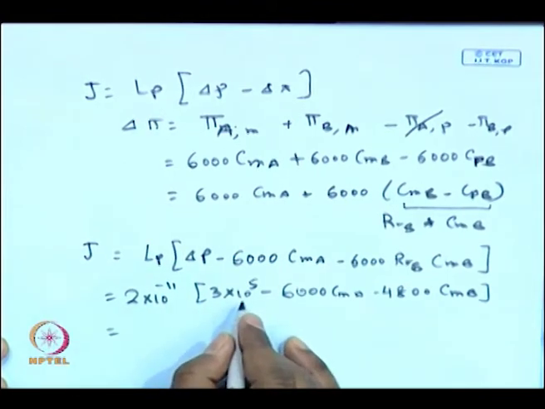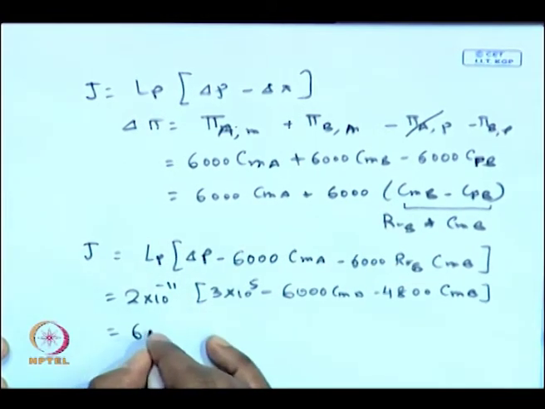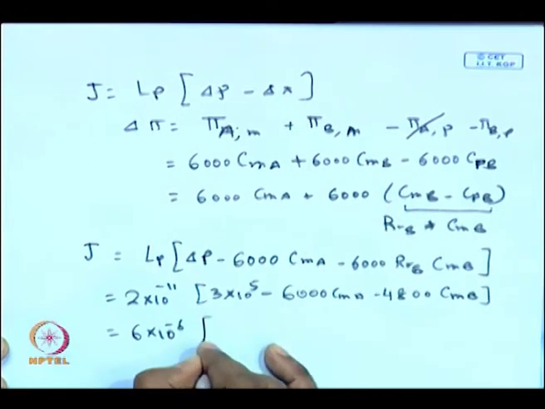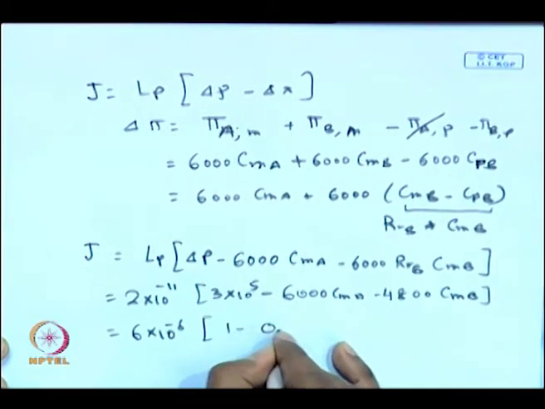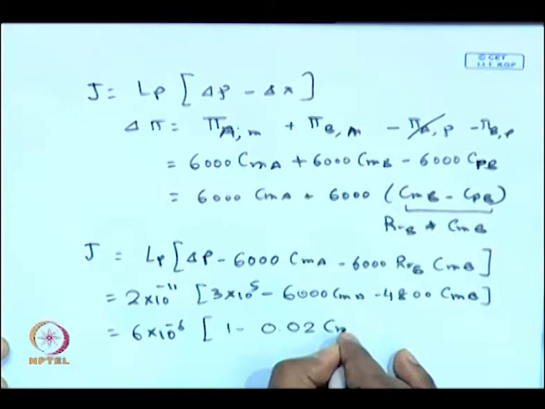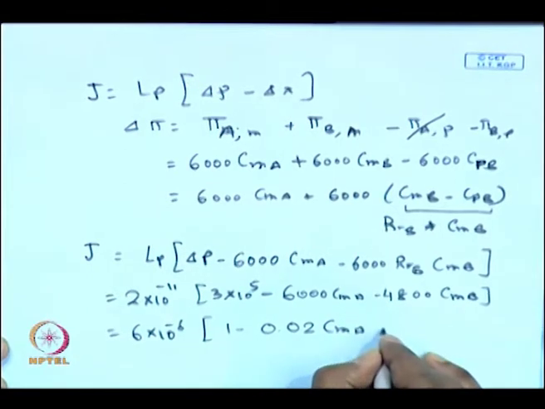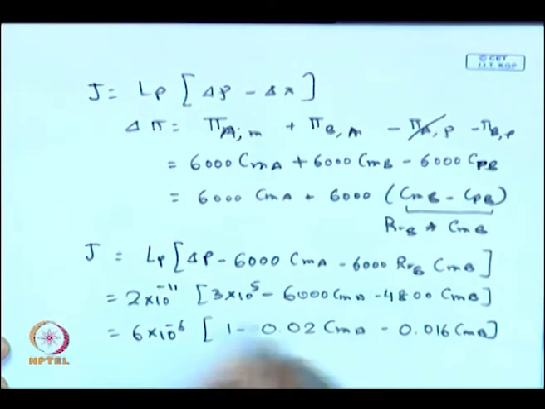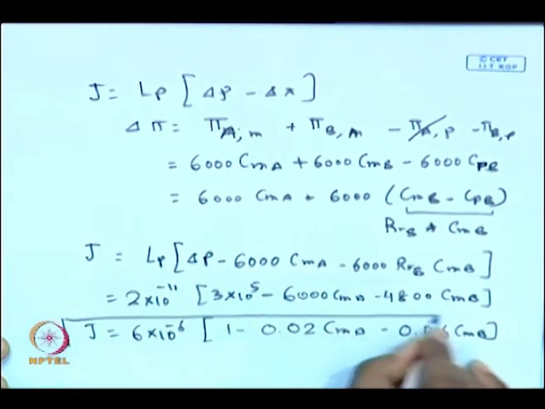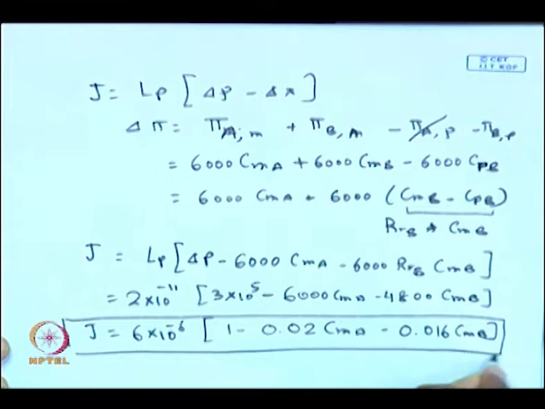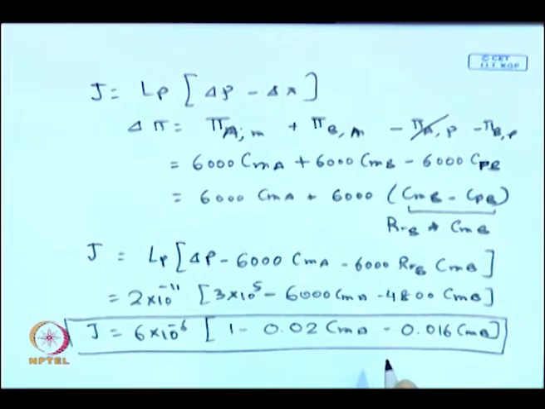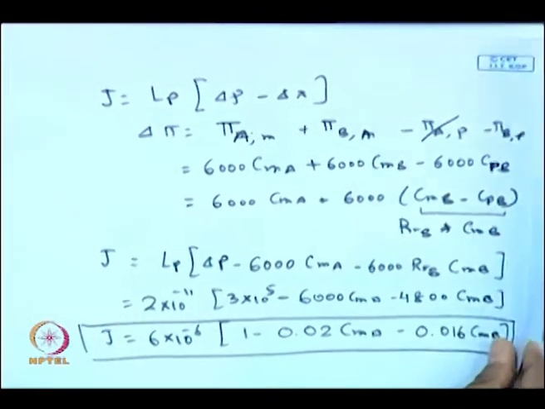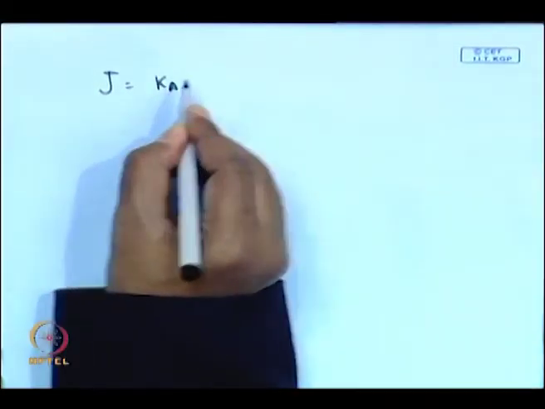Just take 3 into 10 to the 5 outside. So, this becomes 6 into 10 to the minus 6, 1 minus 0.02 CMA minus 0.016 CMB. So, this is the second equation, and the third equation you will be getting J is equal to Ka